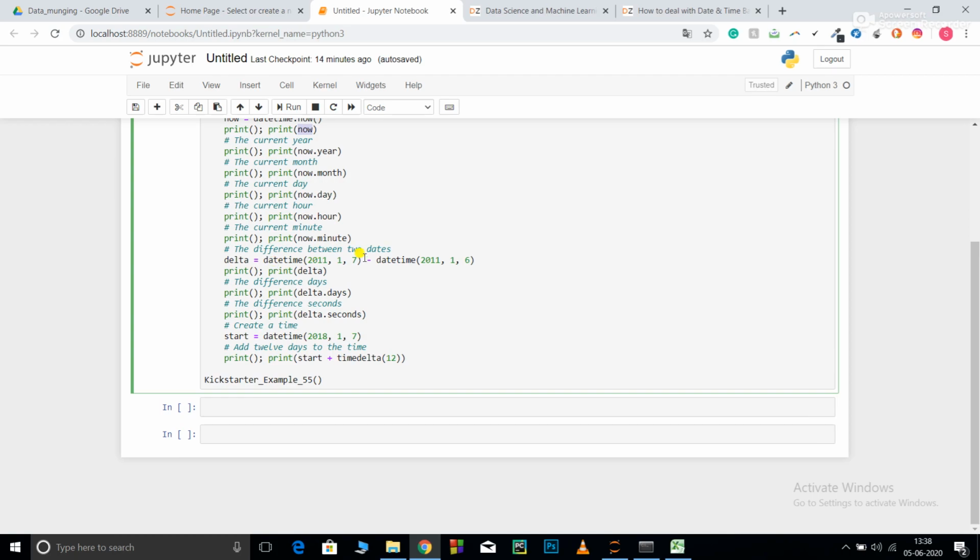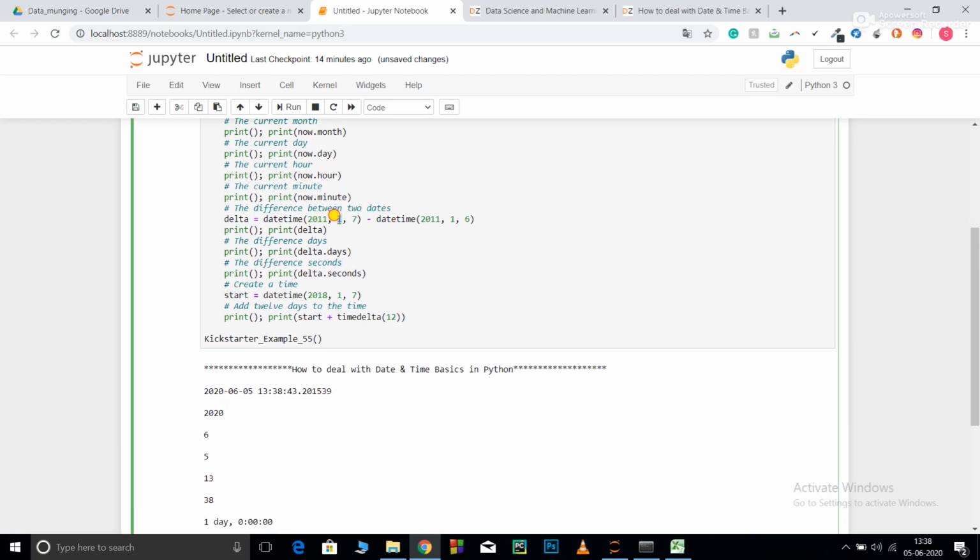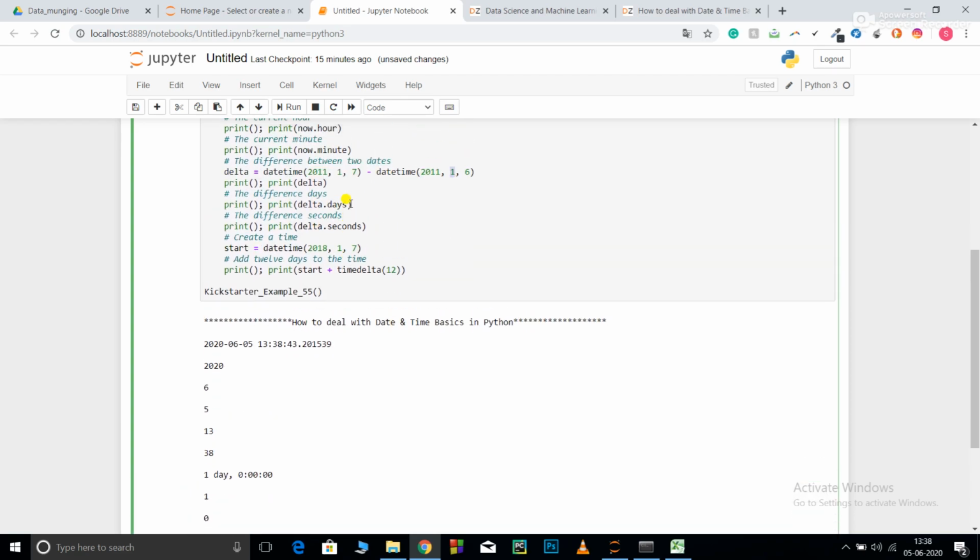Now delta. So with datetime, you need to pass the values in this order: the year, the month, and the day. And then minus datetime, you have to pass the other one in a similar manner, so it will calculate the difference between the date times. Now print delta.